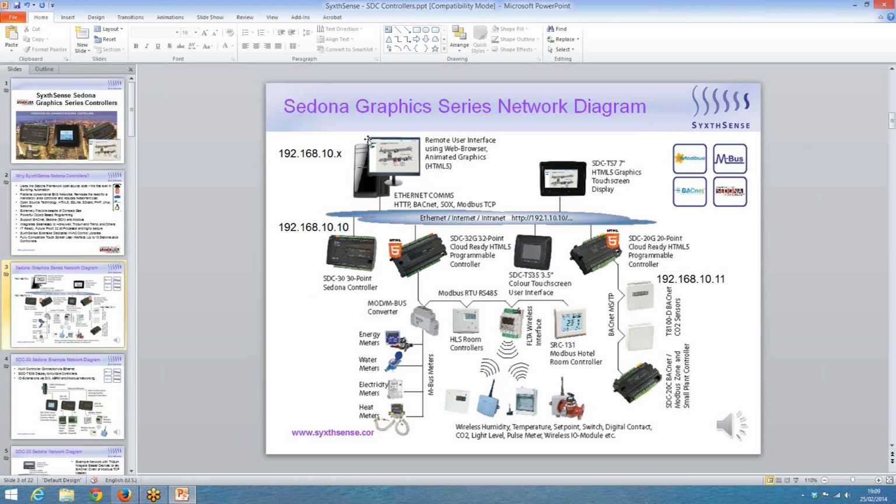What we then need to do is connect the CPT tool PC to the Sedona controller, whether it is a Sedona 30-point controller, Sedona 20-point controller, or 32-point controller. In order to connect the CPT tool to the controllers, we have to be in the same IP network. So the first 3 digits of the computer IP address have to be the same as the first 3 digits of the controller IP. By default, the SDC-20G controller comes with an IP address